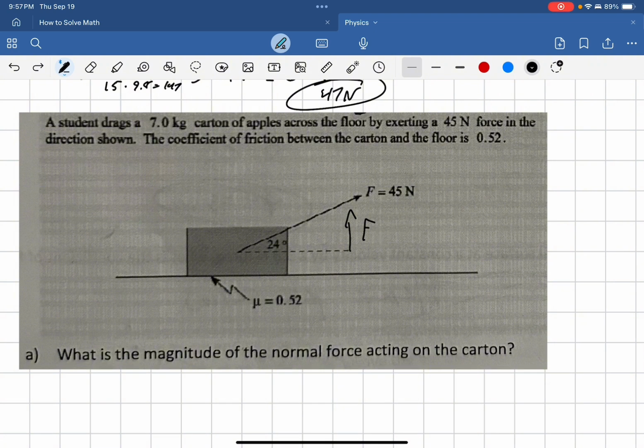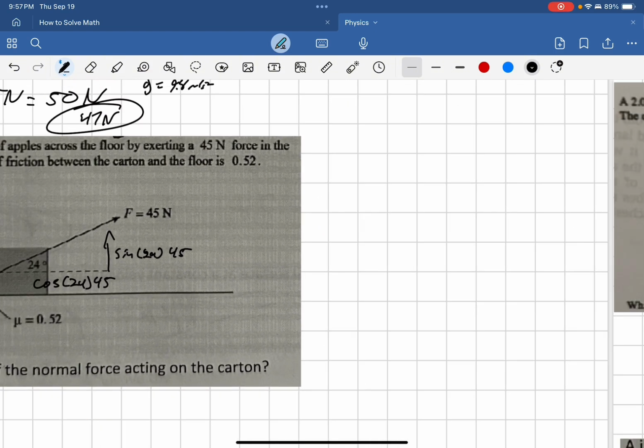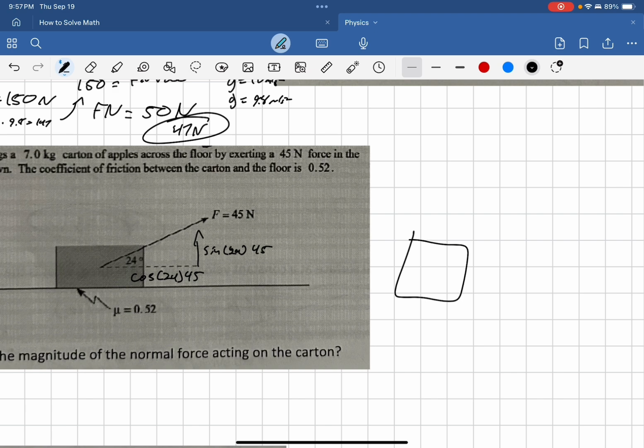I am just going to write this as sine of 24 times 45. You can put that in your calculator. Cos of 24 times 45. So your free body diagram should look like